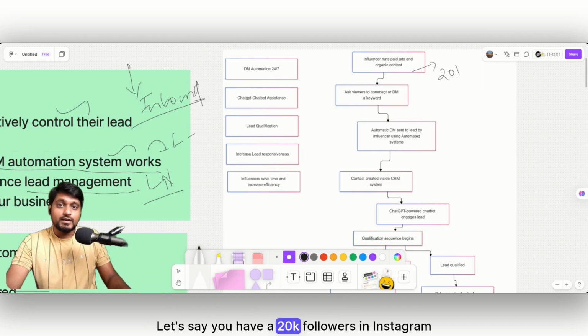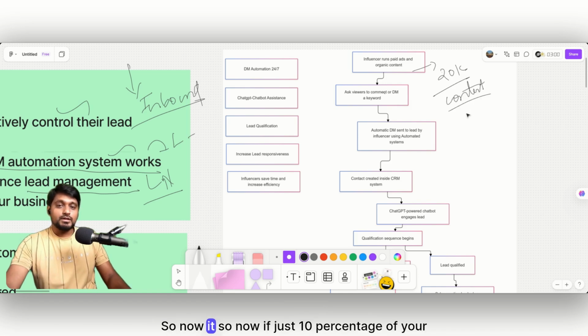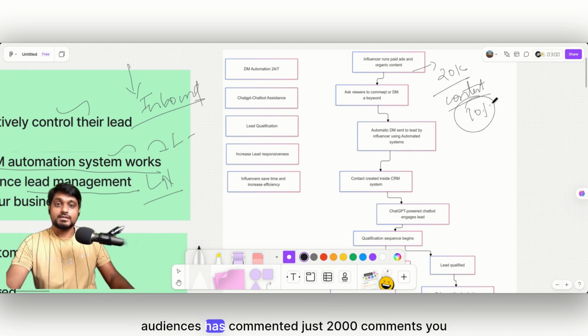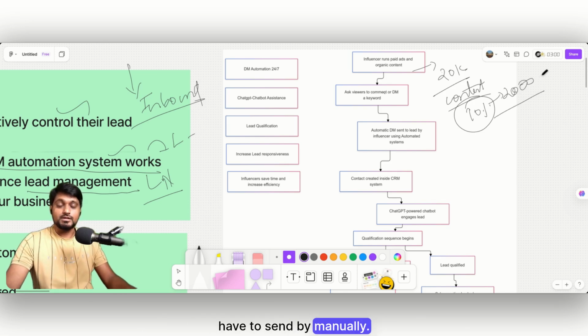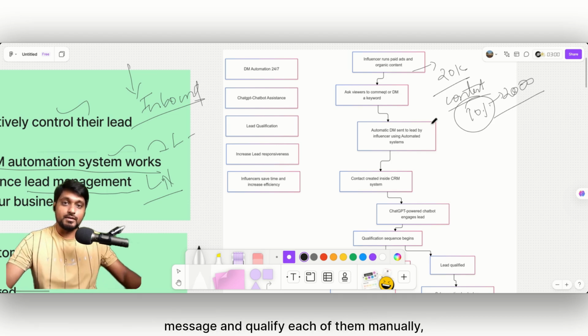Let's say you have 20K followers on Instagram and you post a reel asking your audience to comment on your content. Now if just 10% of your audience has commented, that's just 2000 comments you have to respond to manually. So the question here is, how are you going to message and qualify each of them manually?